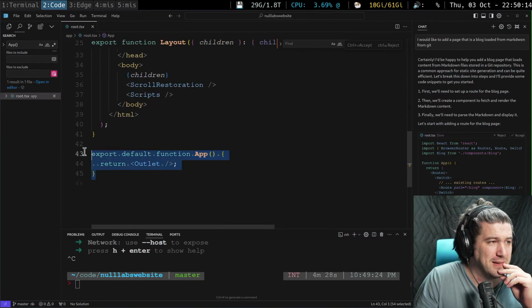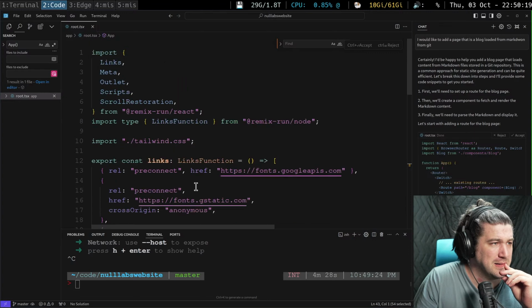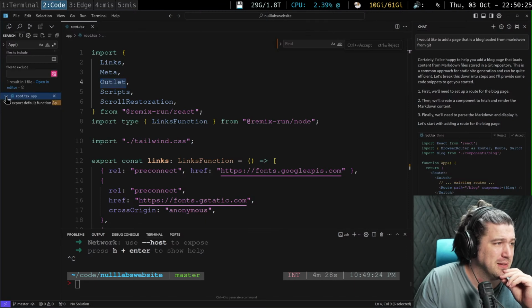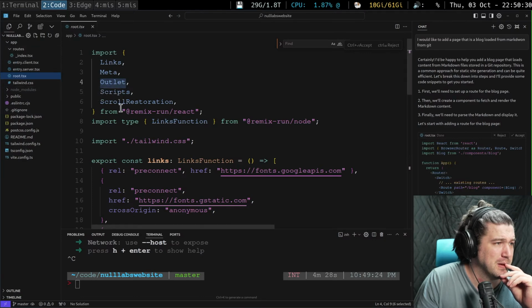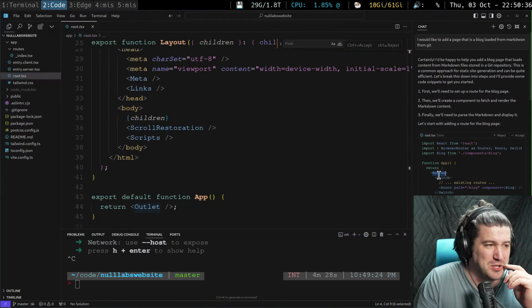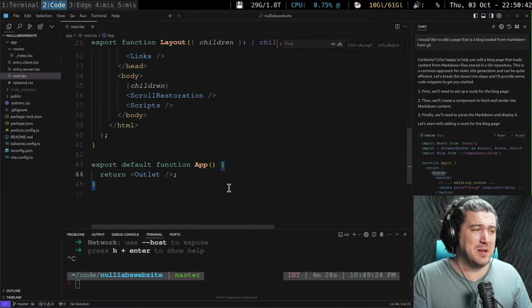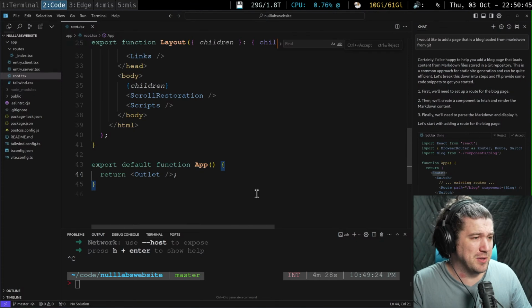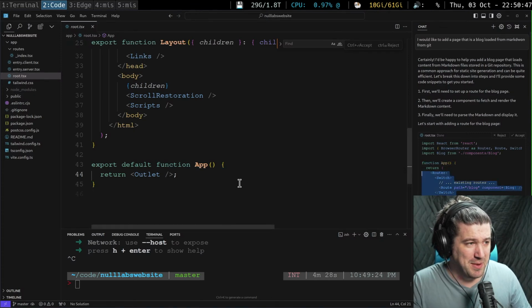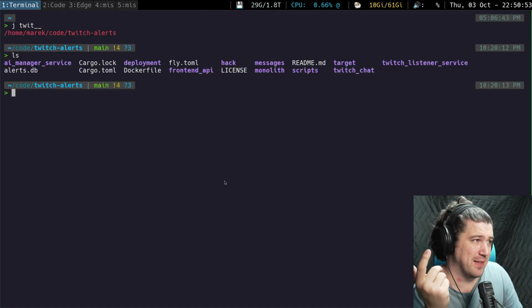Maybe if I highlight it. Maybe it's because it's this outlet. Maybe this is screwing it up. This is the React thing though, because it's thinking we should be doing like router. I don't know why I did Remix. Who recommended Remix? Maybe I should just start and do the Create React App, because this is more of a Create React App, and maybe that's the issue. Well, we can try that.